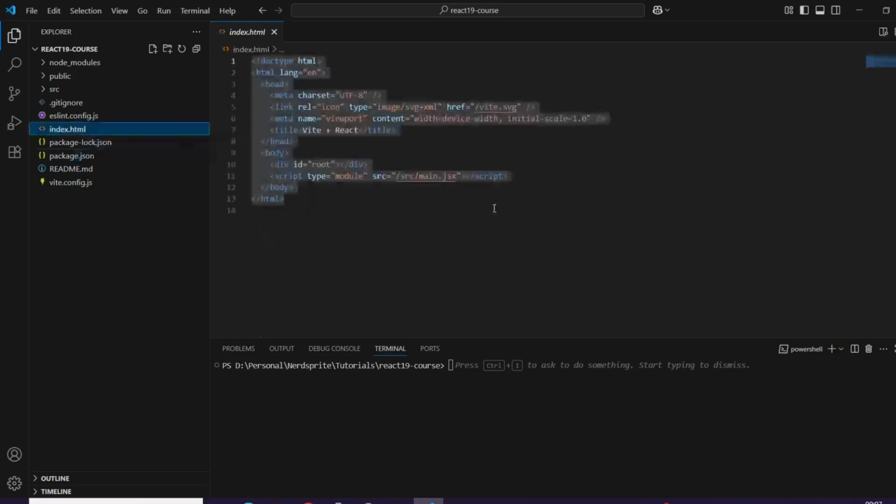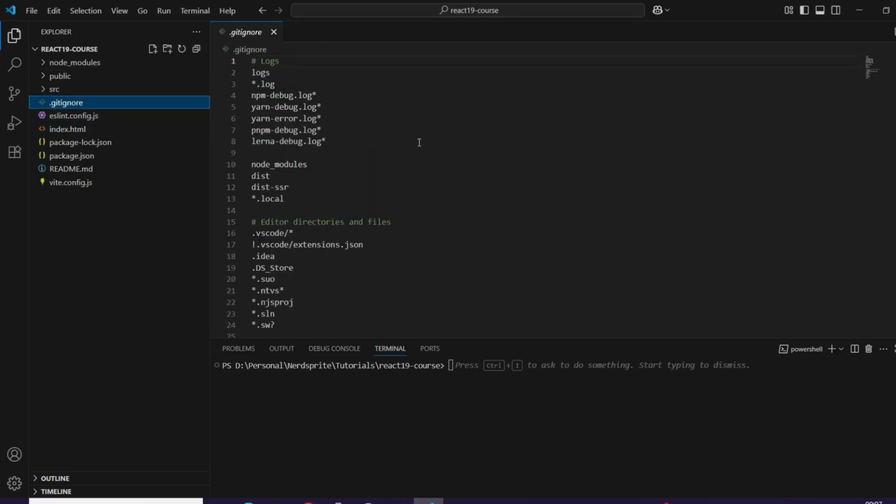Now let's come to the index.html, the one and only HTML file in this project. Okay, so this is like the empty stage where React performs. It has the div with ID root. That's where your whole React app gets injected from main.jsx. You rarely need to touch this, but it's crucial behind the scenes. So if you want to update the title and all, then you make the changes here. Otherwise, don't touch it.